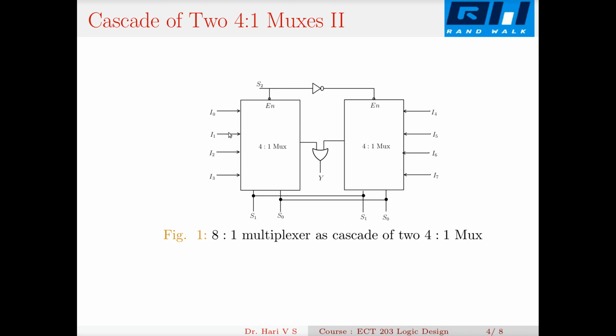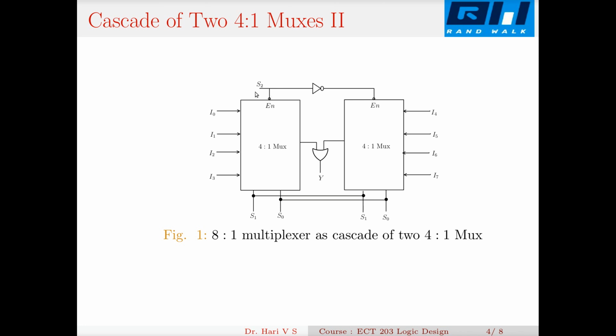The first four inputs I0, I1, I2, I3 are given to the left 4 is to 1 mux, and the remaining inputs I4, I5, I6, I7 are given to the right 4 is to 1 mux. The select lines are S1 and S0, and S2 is given to the enable pin. When S2, S1, S0 counts from 0, 0, 0 to 0, 1, 1 for the first four counts,